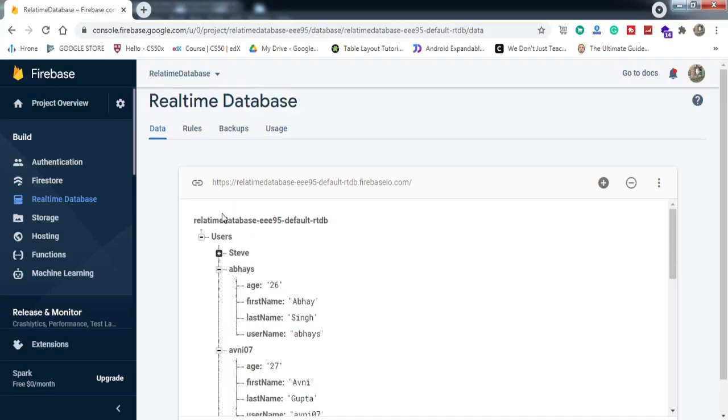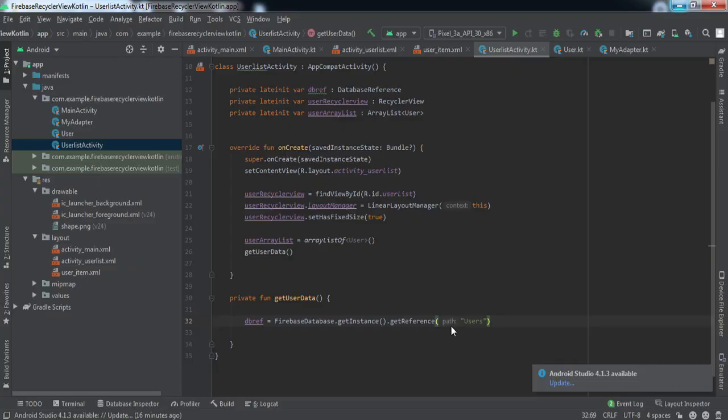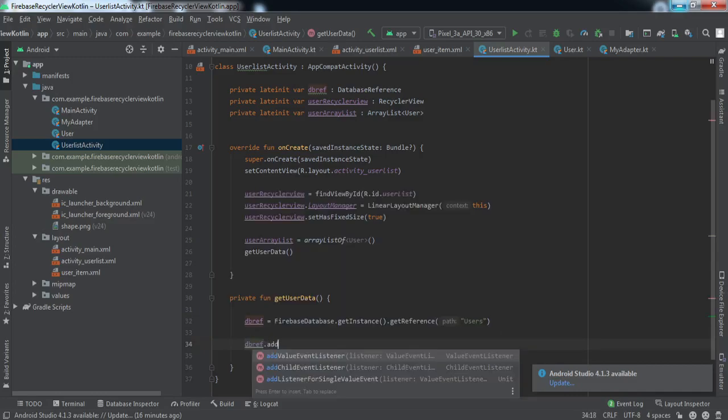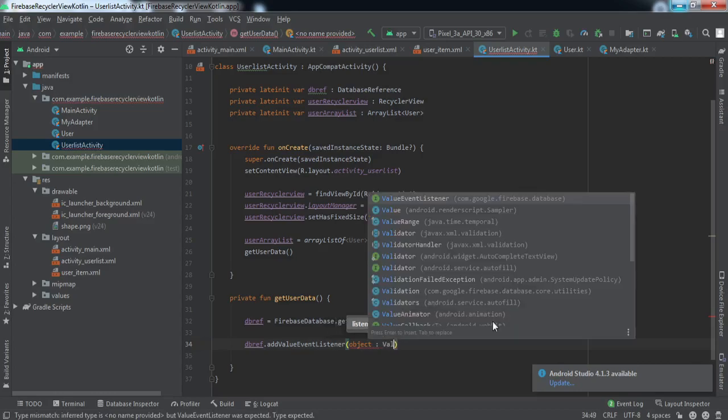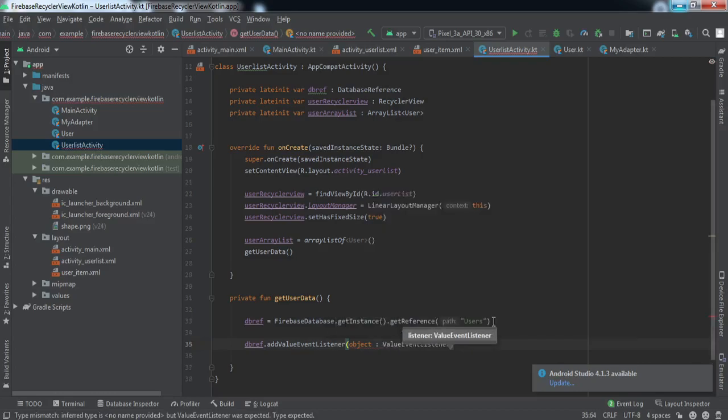So the parent node is this node users. So I've passed this. So now we're gonna attach a callback method called add value event listener. So inside this we need to pass the object value event listener.